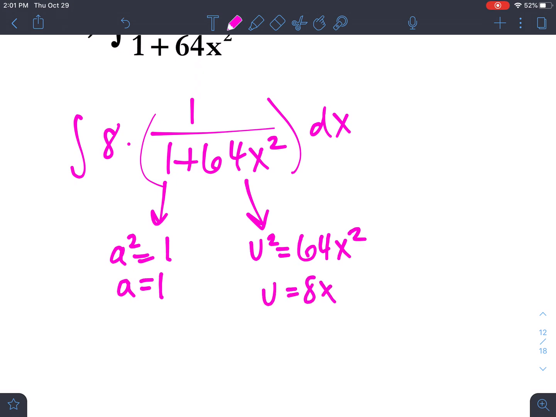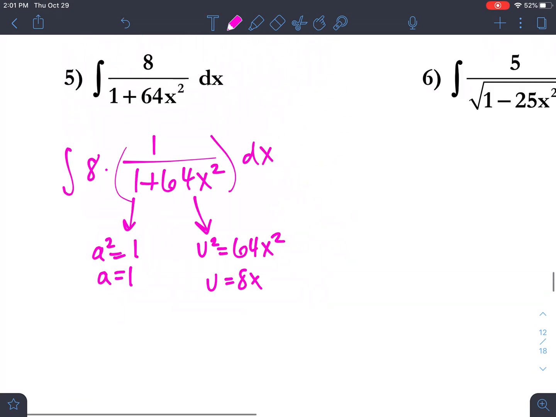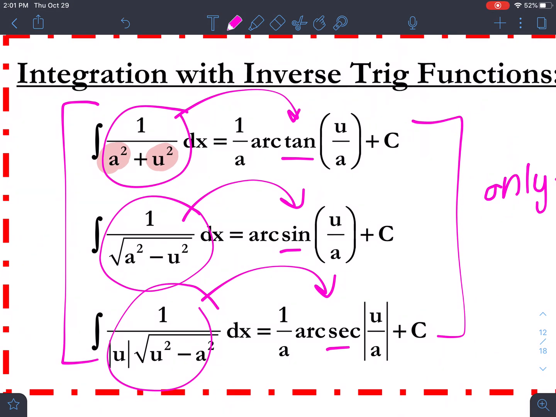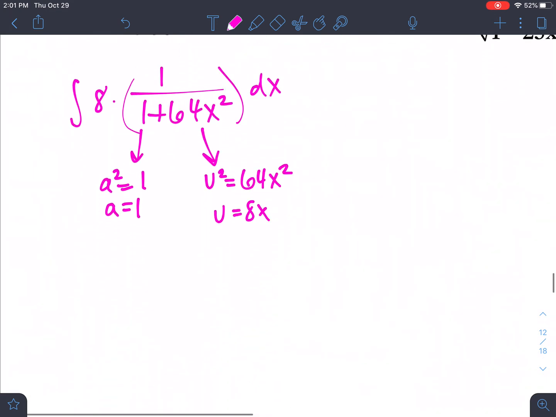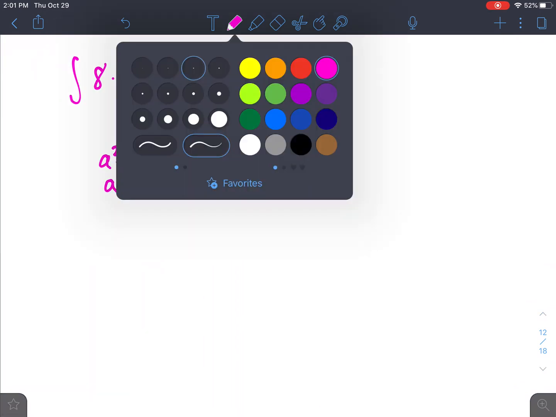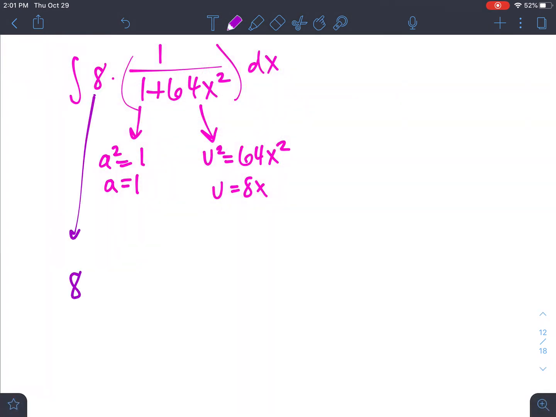And the reason we want to find these things is when we take that antiderivative, okay, if you look up here, it's 1 over a arctangent of u over a plus c. So if we have a and u ready to go, it's going to be pretty easy to plug in. So we're going to bring down the 8 like usual. We are going to multiply by, now antiderivative of this thing is arctangent of, oh sorry, I forgot to put, it doesn't end up mattering, but I should put this here, okay? 1 over a, so 1 over 1, arctangent of u over a